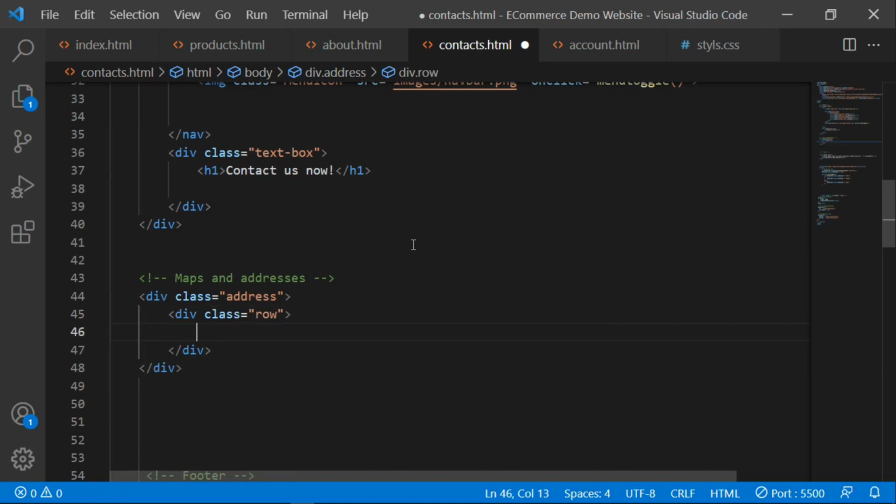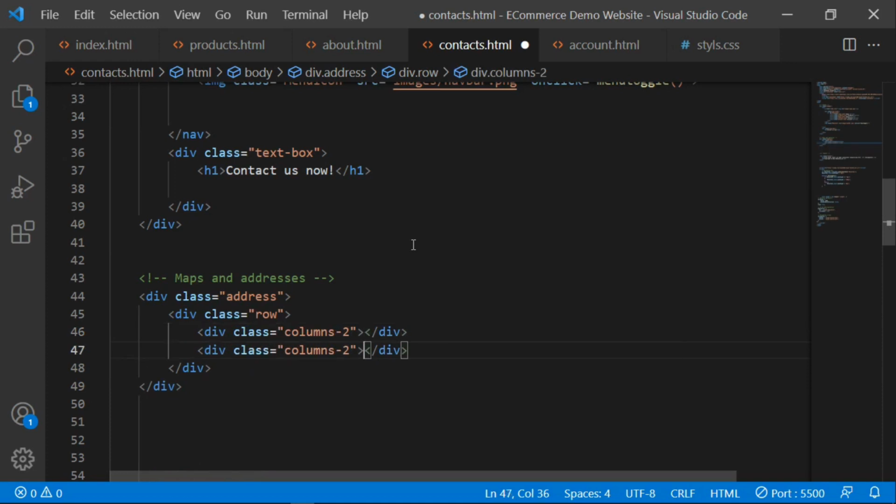So let me say columns. You can give it any columns, column hyphen two, and then let me just duplicate it,